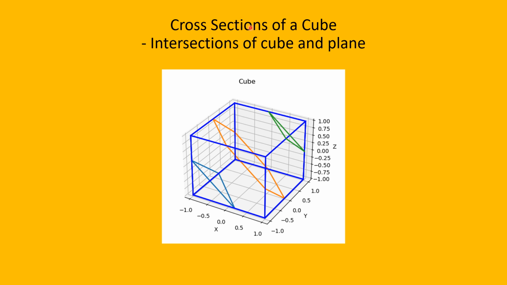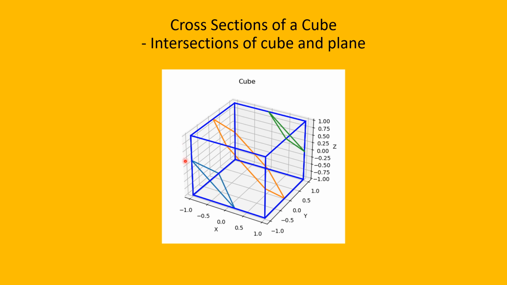Welcome to cross sections of a cube. We want to look at the intersections of a cube and a plane. So for instance, here we have a cube. Each side has length 2, going from -1 to 1 basically on these axes. And if we start cutting this solid cube, let's say, with planes, what we will get as the result are